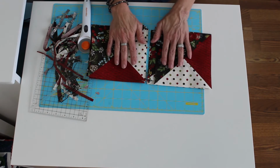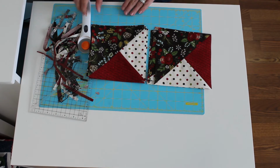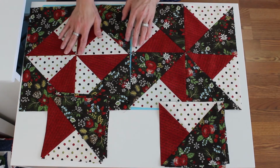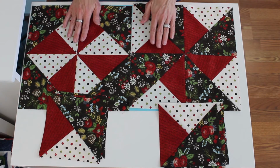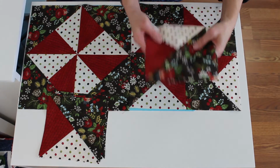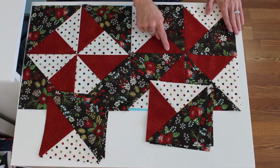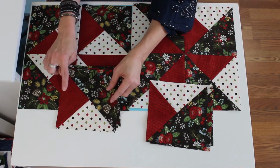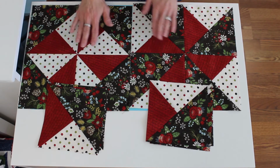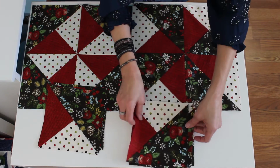Okay, these are all trimmed up, and now we're going to lay them out in the order we need them for our blocks. I wanted to bring out the finished blocks for you to see, to help you see placement. I thought it would be easier. So if you take all of your pieces that have red on the left, they are going to be used to make your whirligig block. And if you take all the pieces that have the red on the right, those will be used to make your peppermint block. So you can look on your instructions to see exactly how to lay these out, but basically